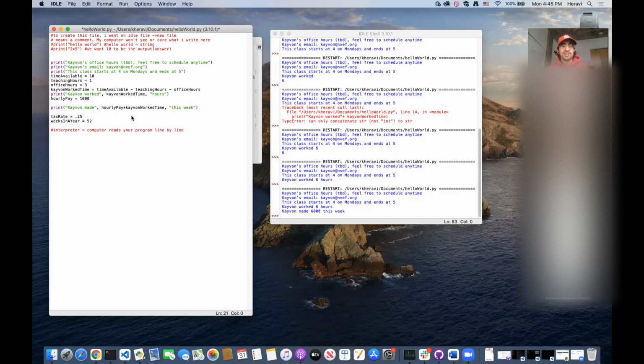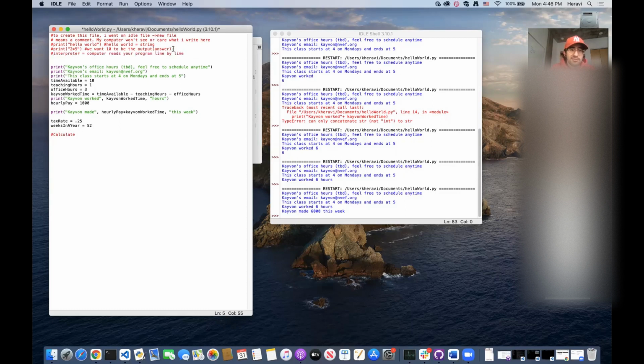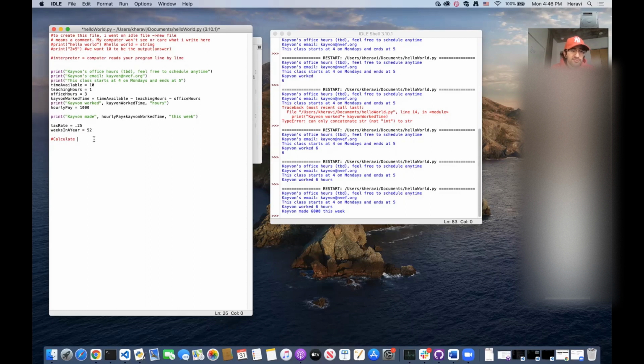Actually, what I might want to do is let you guys do this. I want you guys to do this for me. Calculate. Let me put this up, this interpreter line. It's a good line, so I want to keep it. But let me put this down here so that you guys can have access to it. I'm going to put an enter. Because we are running out of time, and this is a fun one, I'm going to say,